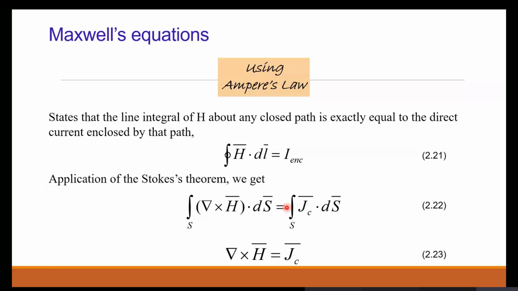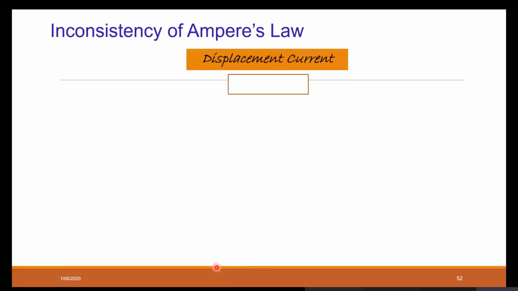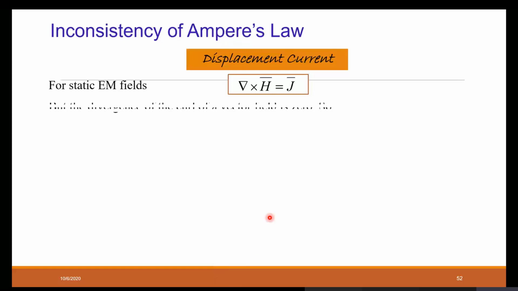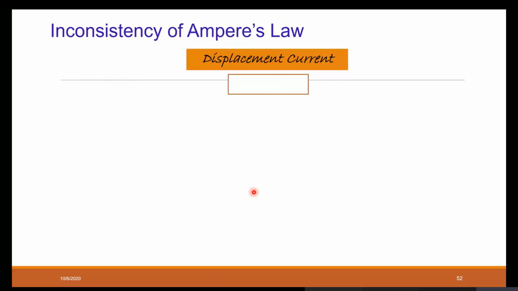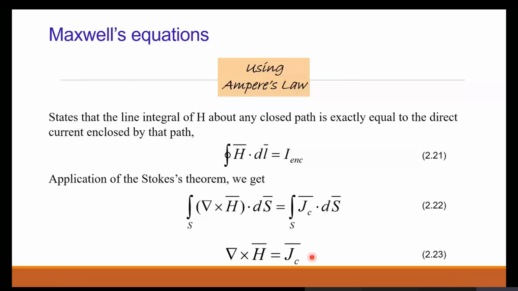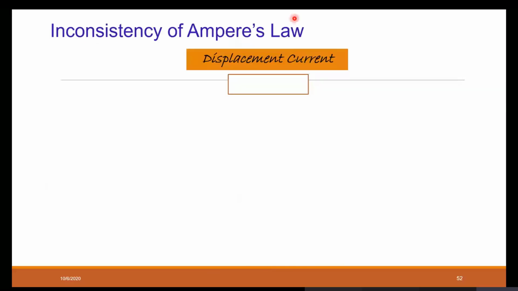But whether this equation, del cross H is equal to Jc, satisfies Ampere's law for both sides of this equation, let us see. There is some inconsistency, some term that should be included here in order to satisfy del cross H is equal to Jc for time varying fields. That is known as the inconsistency of Ampere's law. What is that inconsistency? Let us see. There may be a separate question on this: explain inconsistency of Ampere's law, and we are also deriving Maxwell's equation, remember.